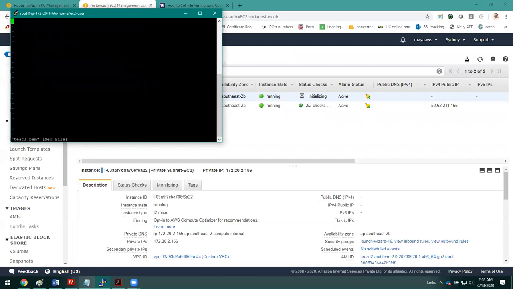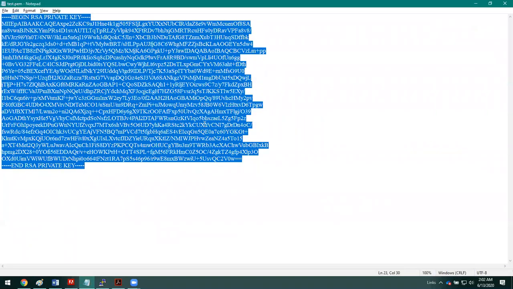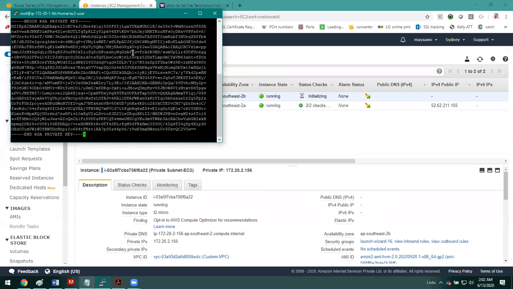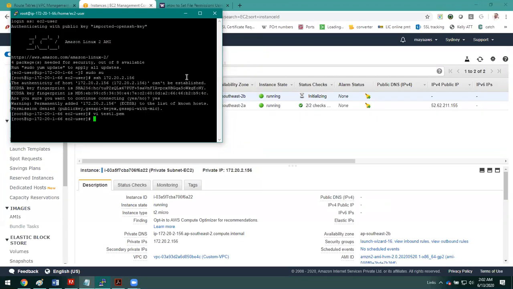So I have the PEM file, which I have downloaded while creating the key pair. Let us paste here. And I'm going to give permission to that file. Fine. Now let me try to access the machine.